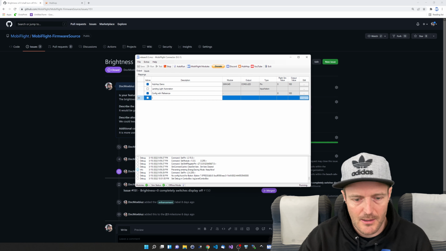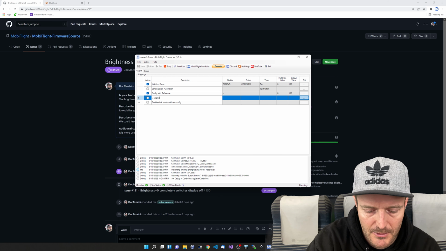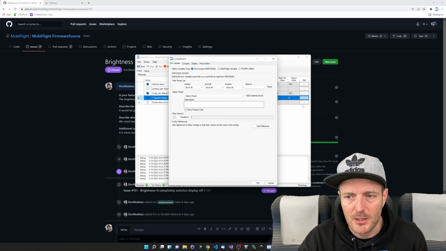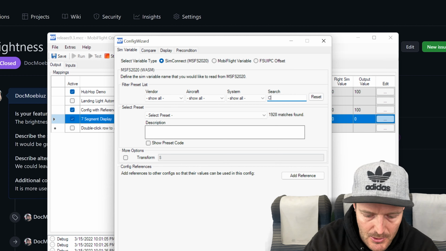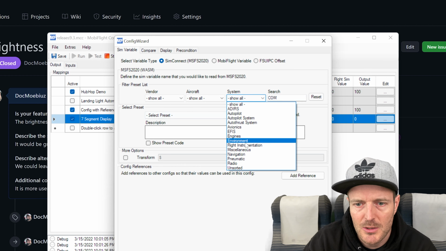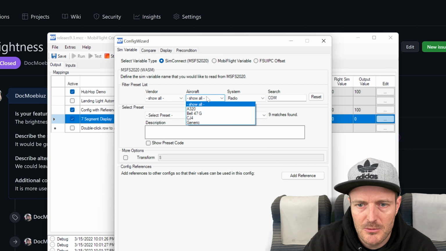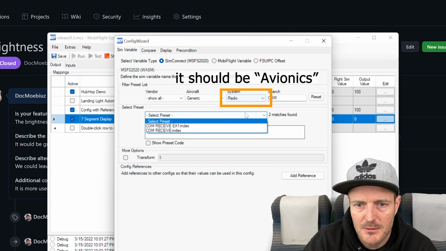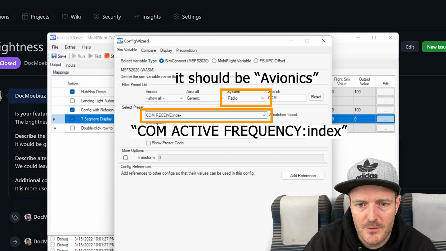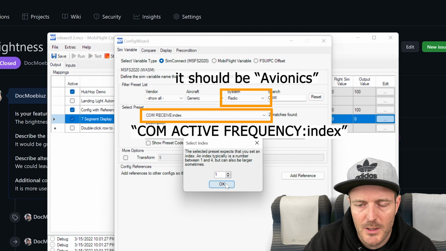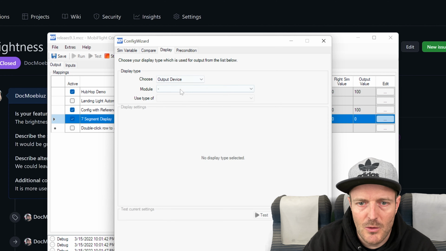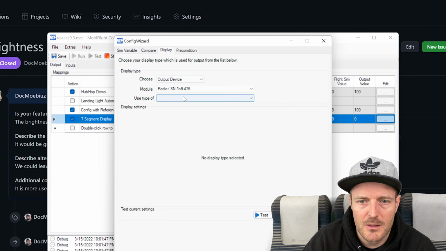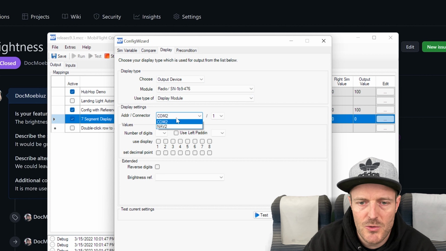And we have 7-segment display. Then you have the 7-segment display. And you will take the COM radio. It should be radio or generic. We have COM receive index, and we have index 1. Okay, and then we can go to the output device and we'll take it from the radio display module, and